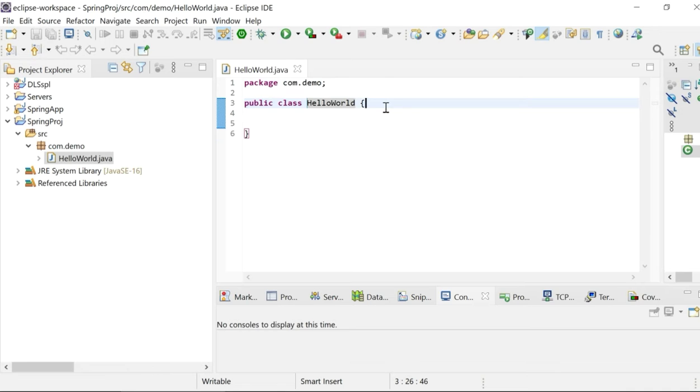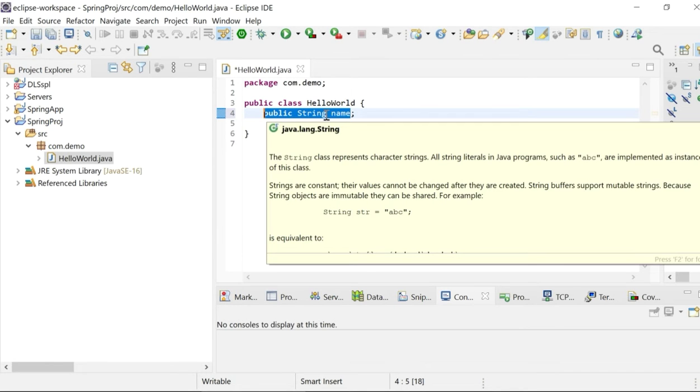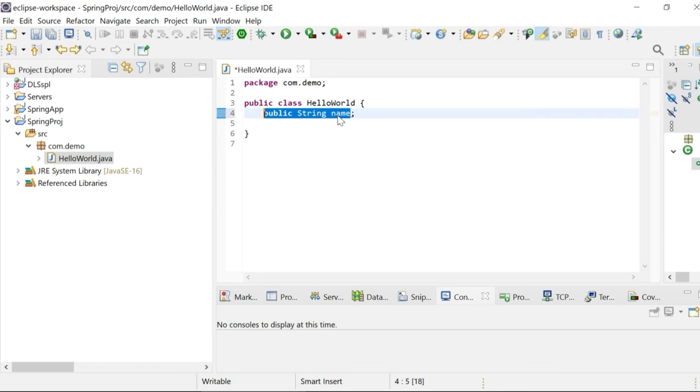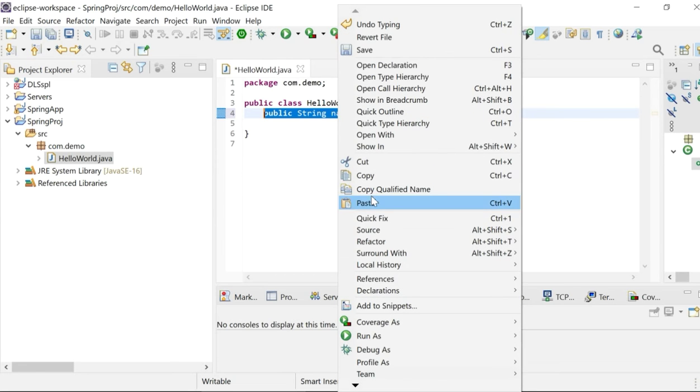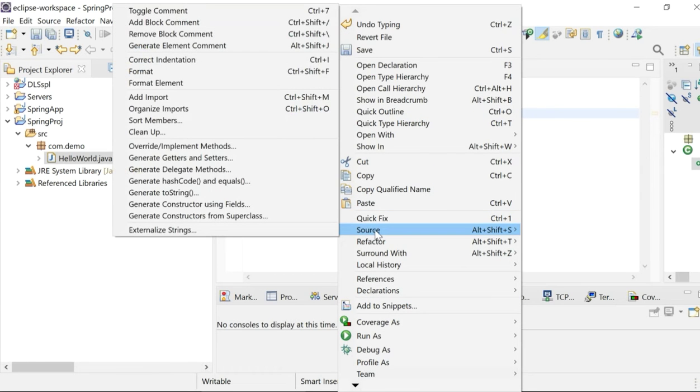Inside it I declare a variable, public String name. Once I declare the variable, I'm going to create the getter and setter for this variable. So how do I create? Just select the variable name, right click on it, and you can find an option source.